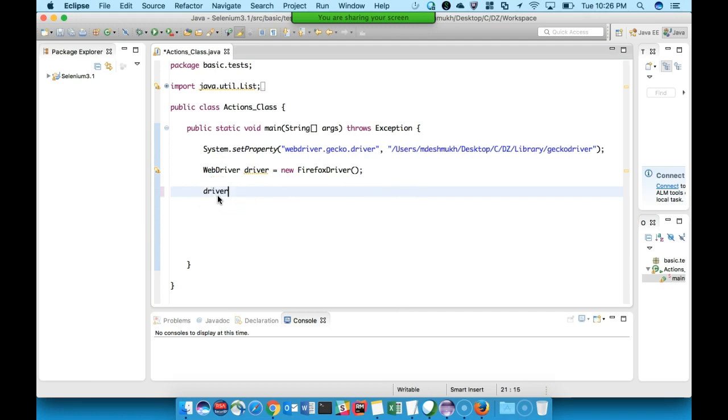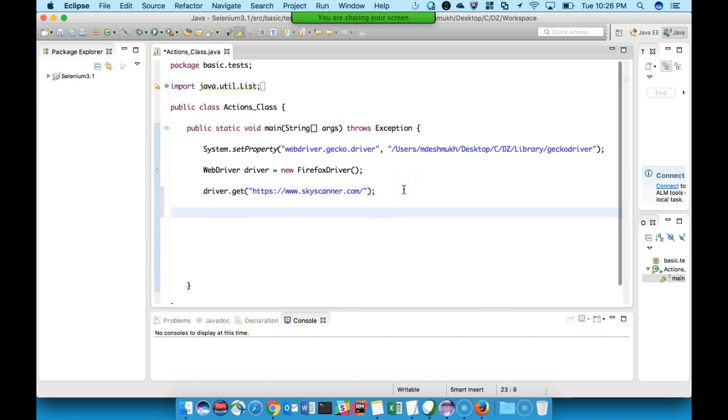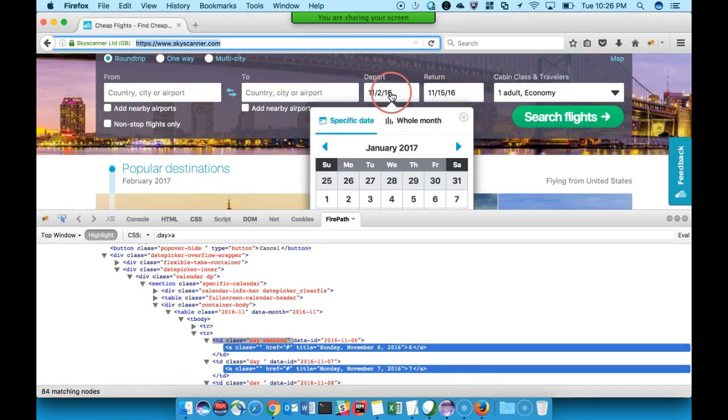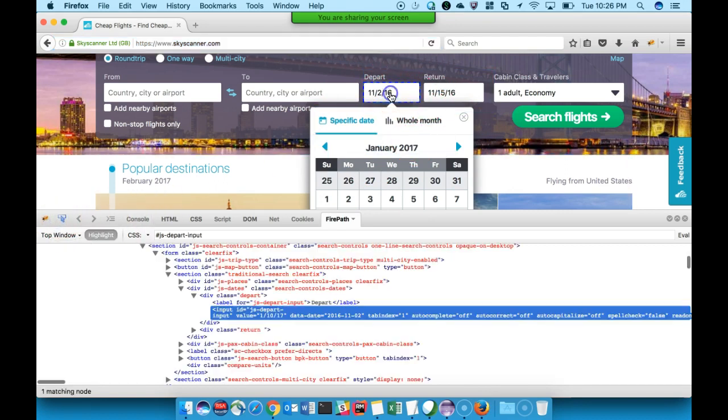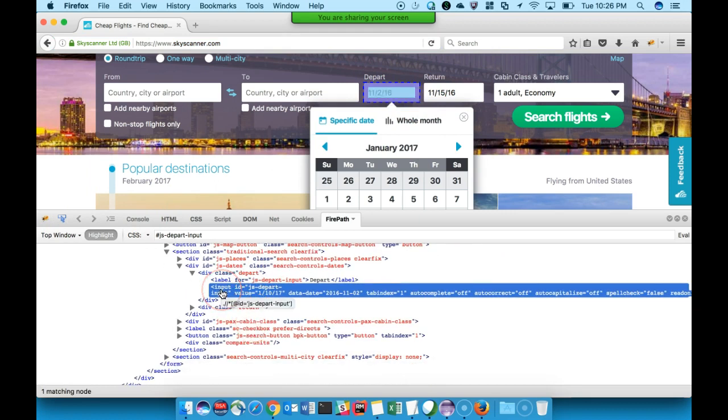Over here, let me go to this page, that is skyscanner.com. From there, the very first thing, an important thing, to be able to pop up this date picker, we should click on this depart. So let me inspect that edit box there. It is an input tag with one ID.